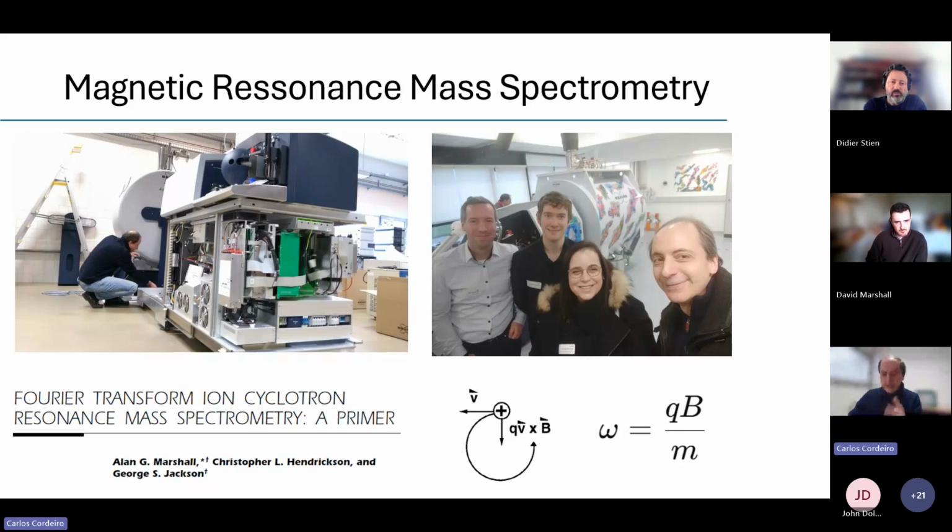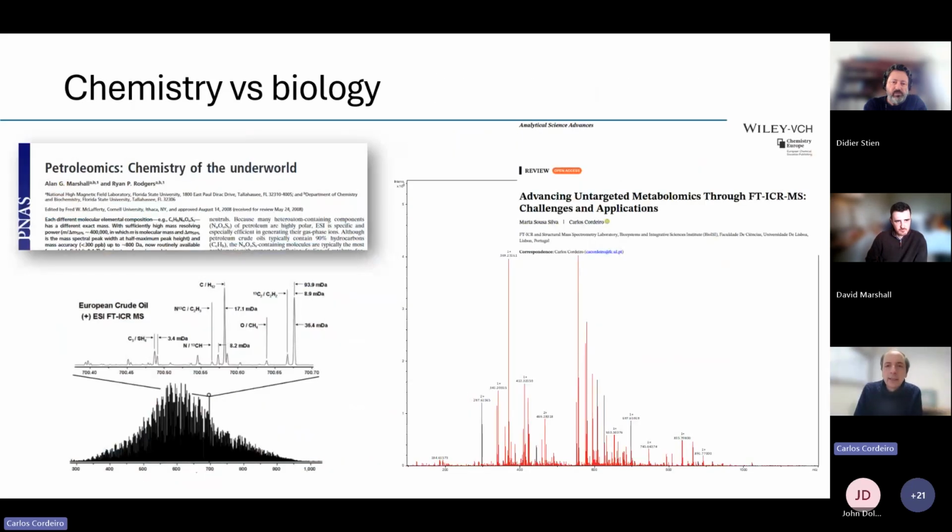So what these instruments allow us to do is to have a very, very extreme resolution. This allows us to deal with very complex mixtures without actually using separative techniques. For example, on the left, you have a sample from crude oil, and crude oil can contain up to 400,000 different components. So this is not feature level, this is identifiable formulas. And just zooming in, you can see there's a lot of detail in the spectrum. So this would be the most complex type of samples that are dealt with.